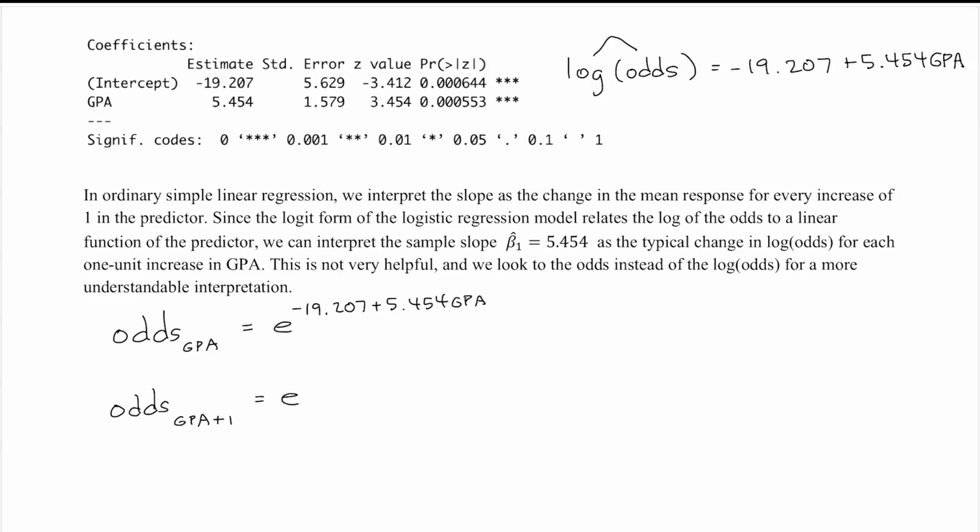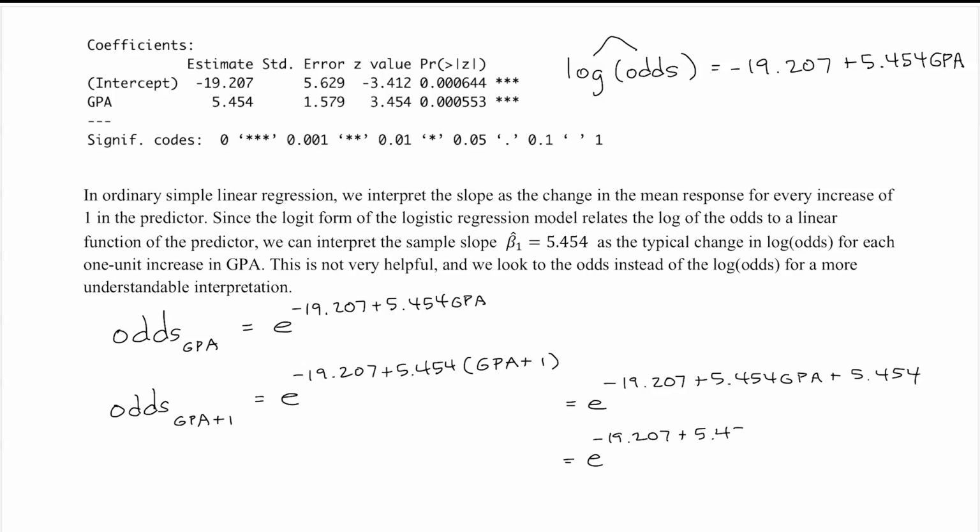If I increase GPA by 1, so I have the odds at whatever that GPA was plus 1, I'm looking at e to the negative 19.207 plus 5.454 times GPA plus 1, which I can think of as, if I just distribute the 5.454 there, e to the negative 19.207 plus 5.454 times GPA plus 5.454,